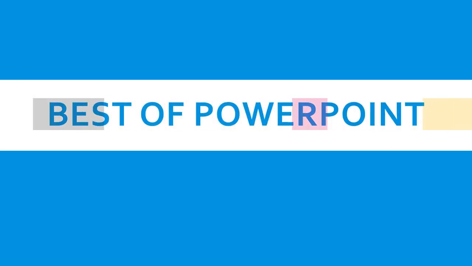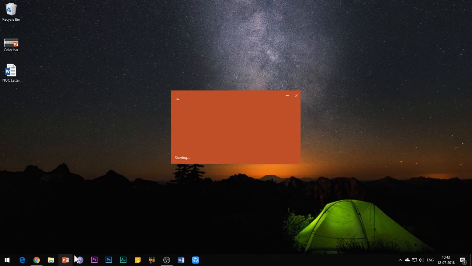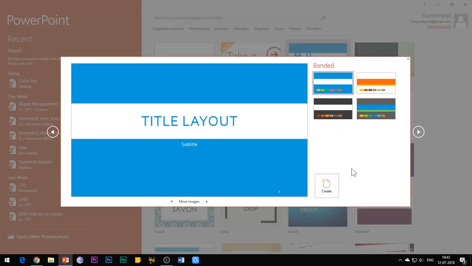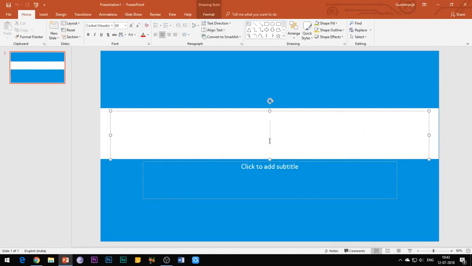Today I'll be showing you how to create this crazy yet beautiful animation effect in PowerPoint 2016. You can see that different color bars are moving towards each other, and this is a continuous animation effect. This means that the animation will not stop and will continue until the end of the slide. So let's get started with the tutorial and create this awesome animation effect.